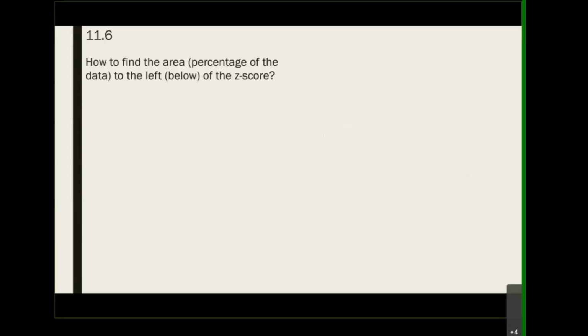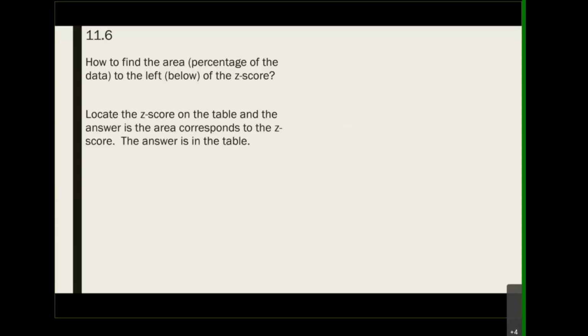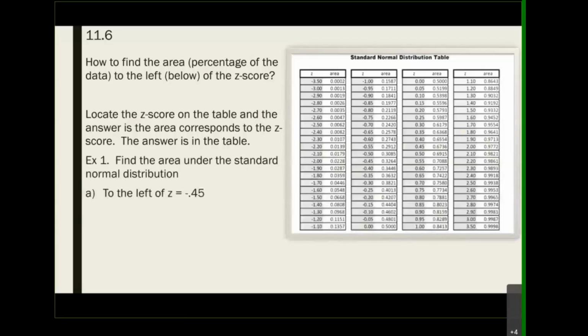The question is, how do we find the area or the percentage below the z-score? To find the area to the left of or below the z-score is very easy. How easy? All you do is locate your z-score, and whatever area corresponds to that z-score is your answer. Meaning the answer for this question is on your table. So given this table, let's say they ask you this question on Alex, on your quizzes or on your test. If they ask you to find the area underneath the standard normal distribution to the left of the z-score